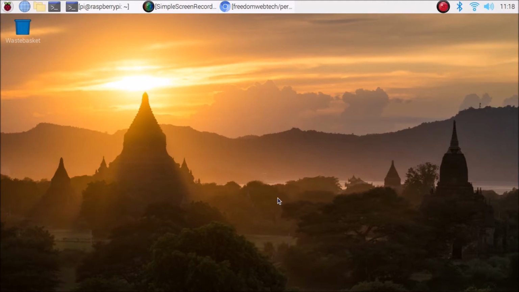In this session we are going to see how to use the Python face recognition module on Raspberry Pi 4 with the help of the Raspberry Pi 4 camera module. I have already created a short demo of how the face recognition module works. We are going to see step by step in this tutorial how it works.